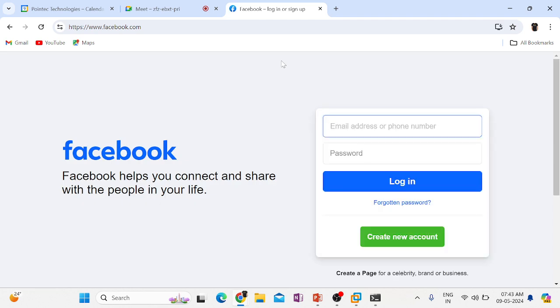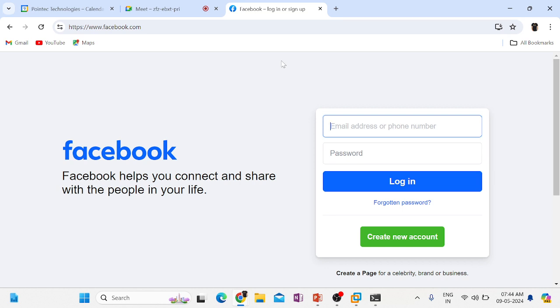Why is it like this? Because a computer will only understand numbers, but we are not able to remember a lot of numbers. That is the demerit of human beings. Humans are very comfortable remembering names, but computers only understand numbers. So there is a challenge both for computers and for human beings. Then we brought in a service called DNS in between human and computer. If you tell DNS to remember, it will remember.